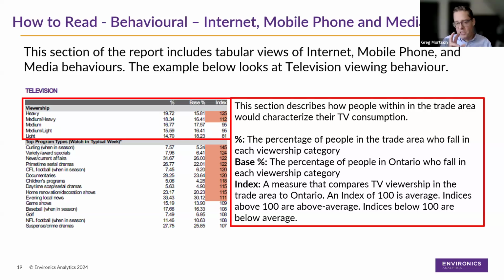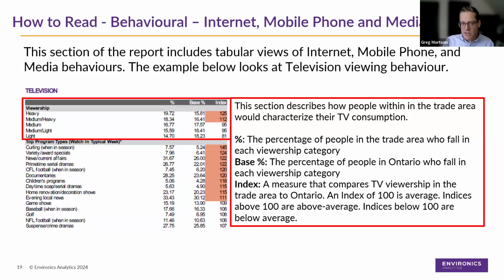So when you look at those two percentages, what we're saying is that our index value, the people within our trade area, index 25% higher for considering themselves a heavy TV watcher. So again, we're getting that almost 20%, which is interesting. That's the number of people who are heavy TV watchers in our trade area. But we're also seeing that that's actually 25% higher than the provincial average. Again, what makes my trade area unique when looking at the rest of the province?